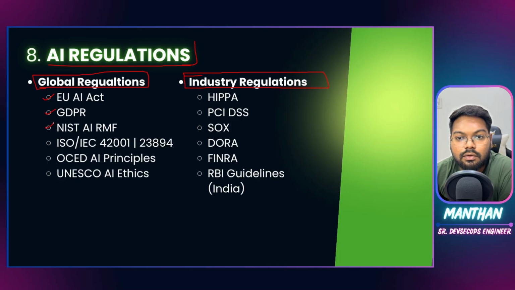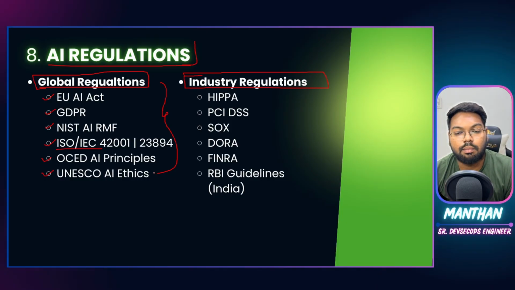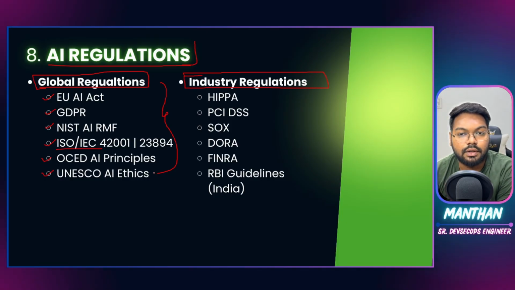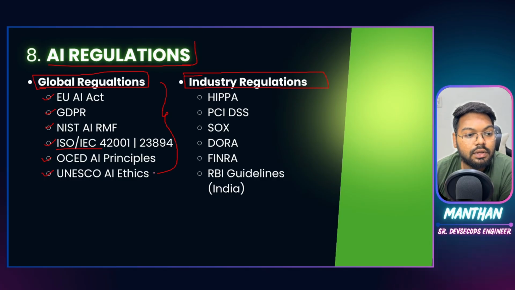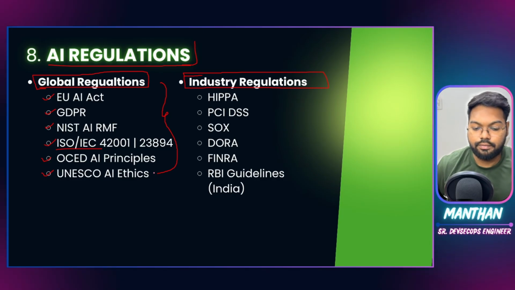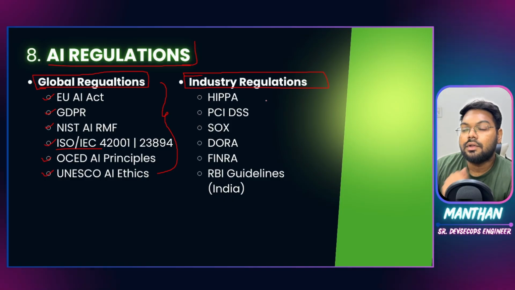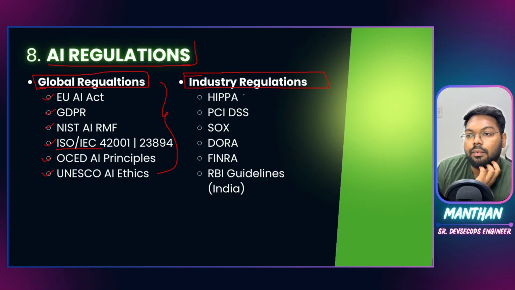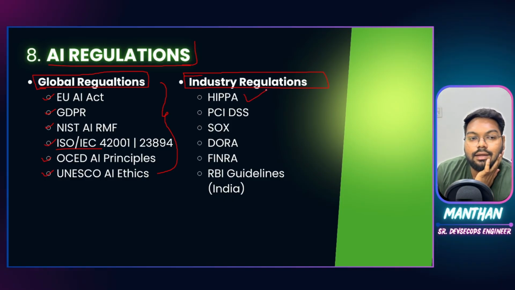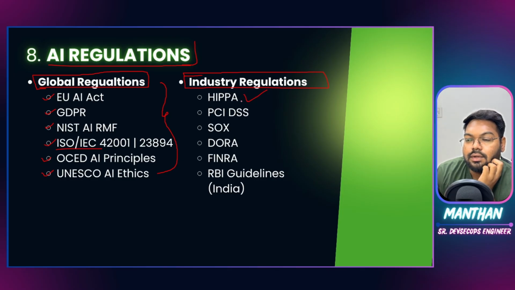NIST AI RMF, that is what we just saw, then ISO/IEC, which I just discussed, and the OECD principles, and then UNESCO AI ethics. These are the global regulations you need to know about, and if you want to serve your application in certain areas that come under these regulations, then you should be providing those. So that's one. Then come the industrial regulations, where HIPAA is mostly for healthcare, and then